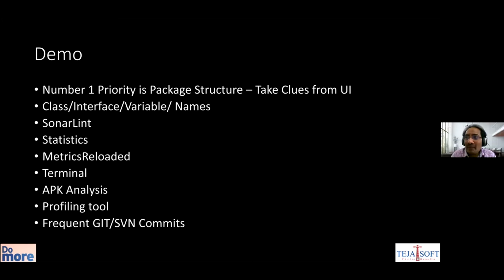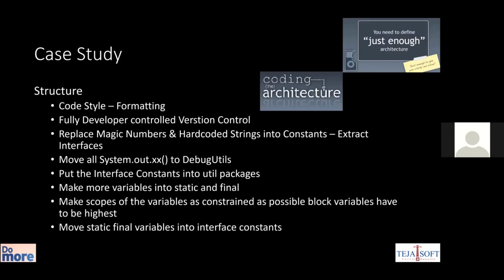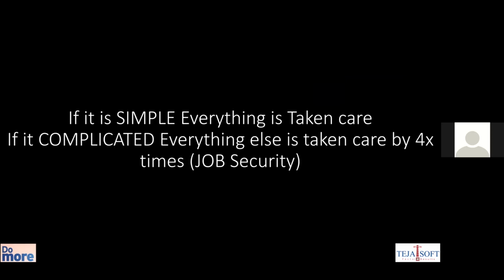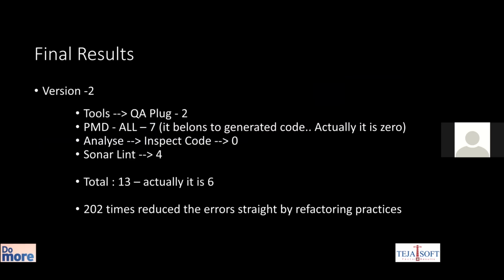Right. That is one way of saying it. The other approach is while doing new things, in fact, I told you, right? We have not done all these for the sake of maintainability. Correct. While adding. That example you gave, $2 rather than $10. Right. Yeah, the final result is almost, actually 6 are there. It is almost 220%, by a factor of 202 times, we reduced all the reporting.